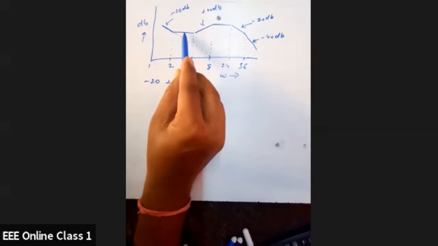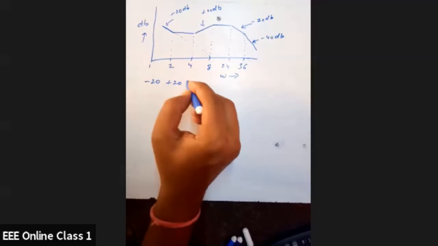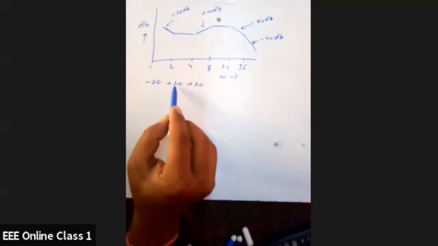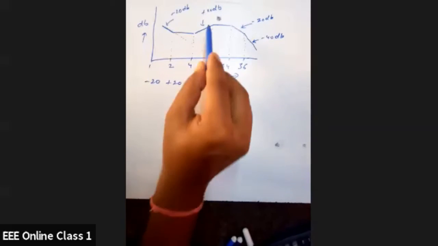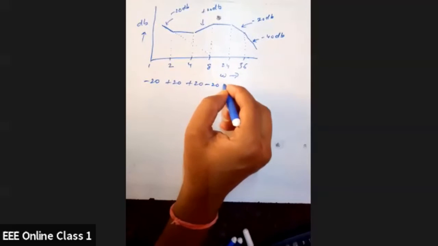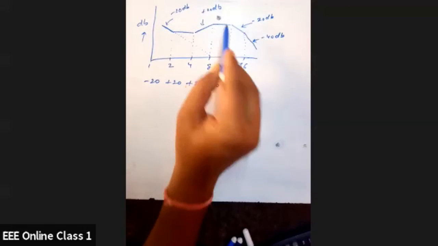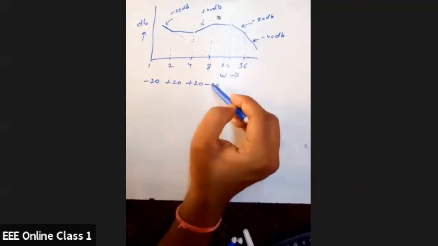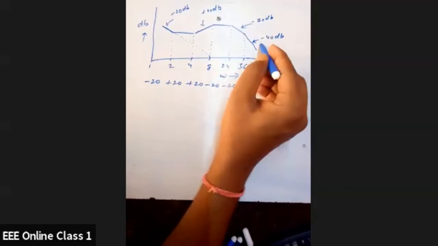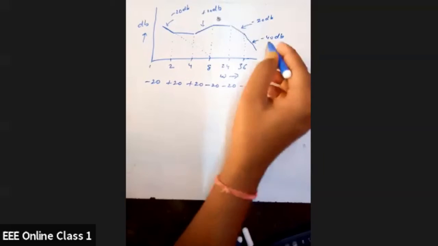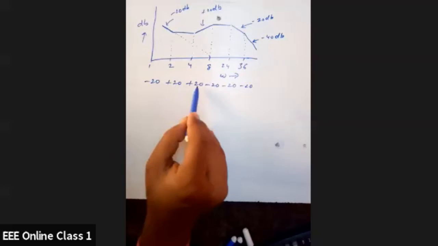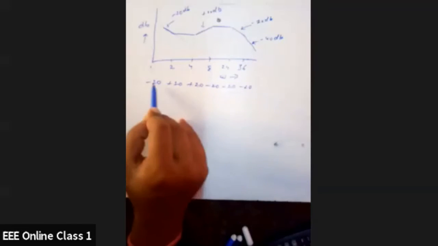Then there is a plus 20 dB. Now minus 20 plus 20 is 0. 0 plus 20 is 20 dB, and then again there is a 0 dB. So there is a factor of minus 20 here. So this has become 0. After that we have minus 20, and then we have minus 40. So minus 20 minus 20 will give you minus 40. So we have 6 factors with all these slopes,